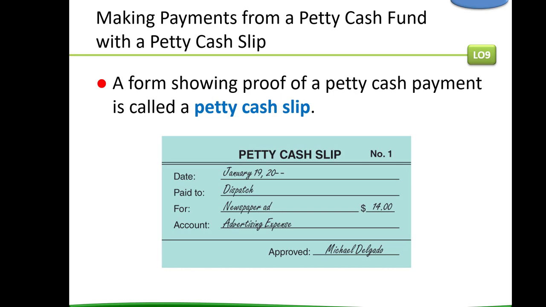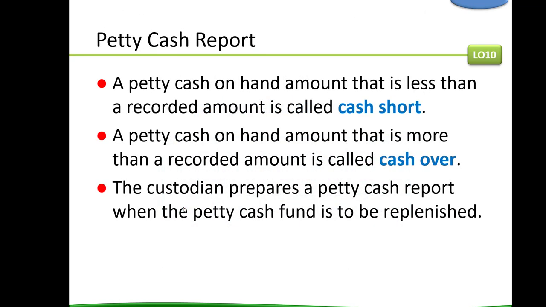And so something that we may use to help show proof of petty cash payment is a petty cash slip, or a lot of times it's just little notes that are written inside the cash box of what it was used for. So petty cash on hand is the amount